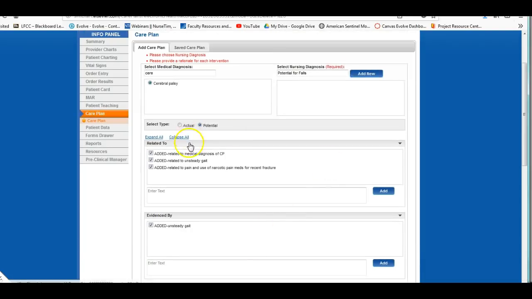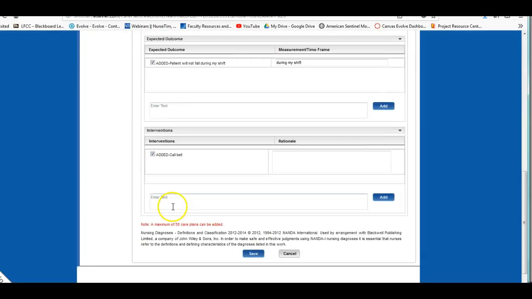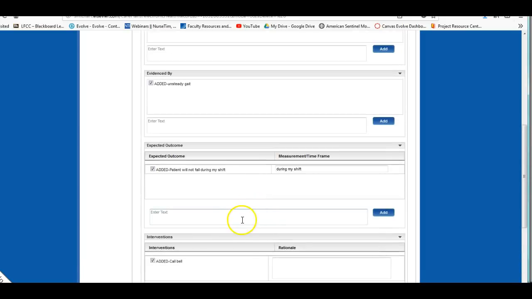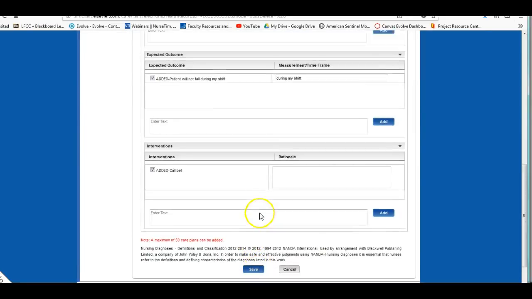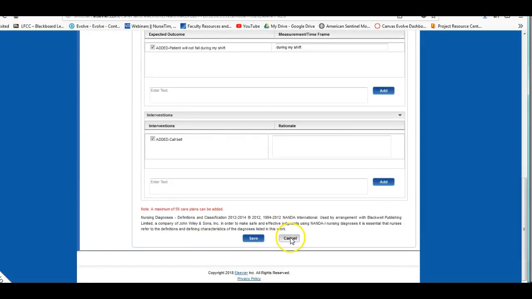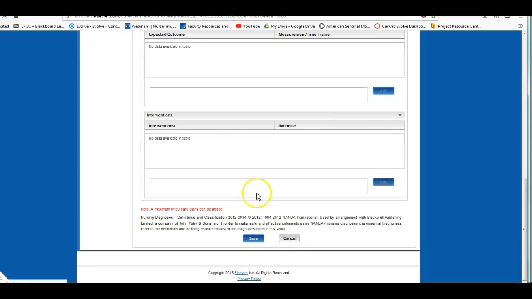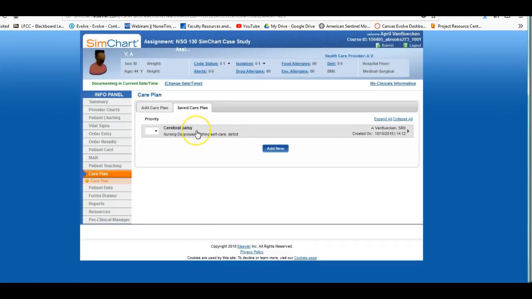I'm going to show you one more thing. Oh, it's not wanting me to finish because I didn't put any rationale in here. So it makes you put a rationale for each intervention, and it might not accept this. I'm going to go ahead and cancel. Because I already have one care plan. So I'm just going to keep this one care plan, but you guys are going to have 3 when you're really doing this. Now, some of the sim charts,